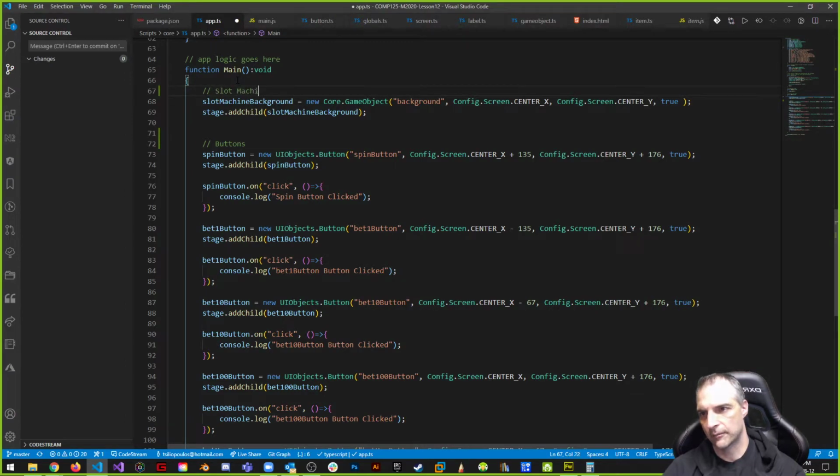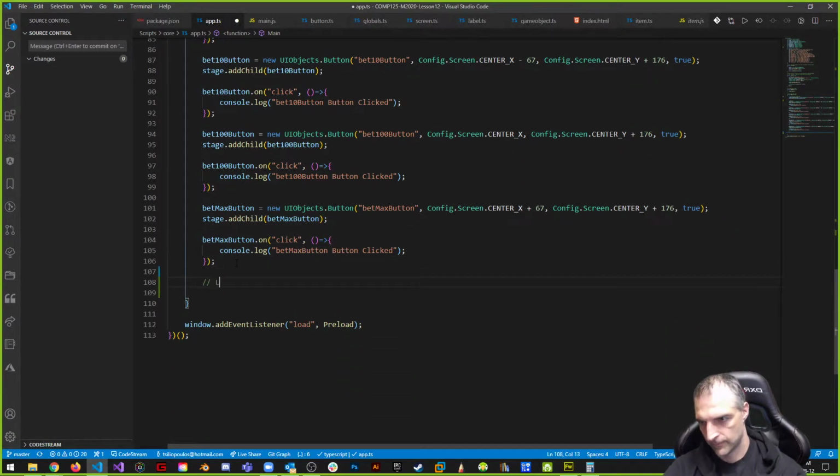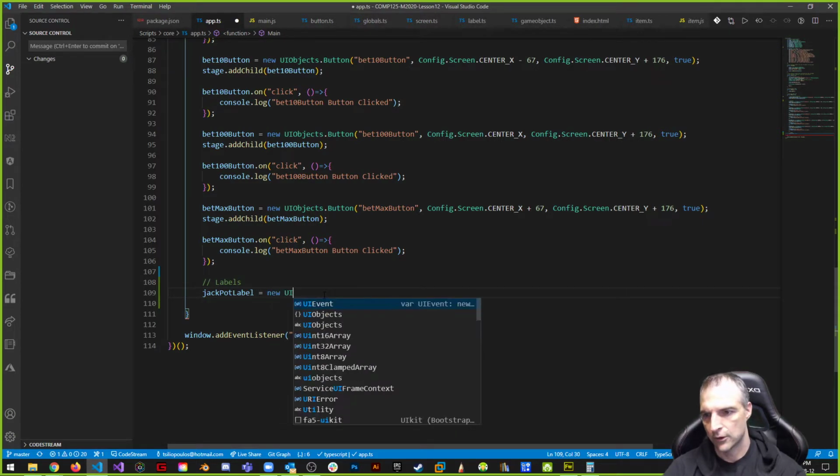Slot machine background. Labels. Okay, this is where my labels go. And now we're going to do the first one, which is the jackpot label is equal to a new UI